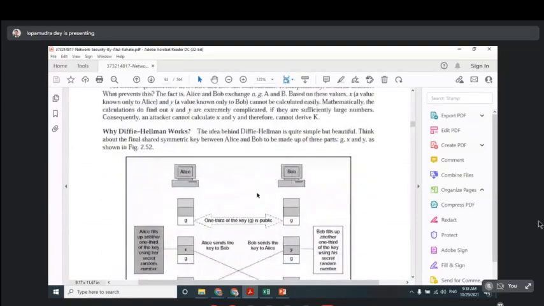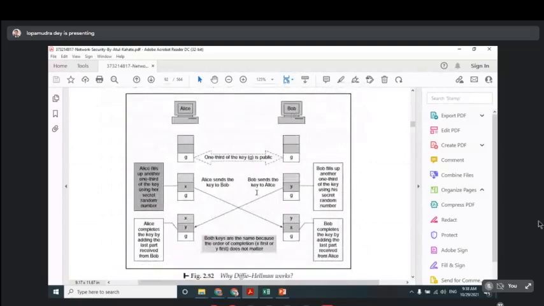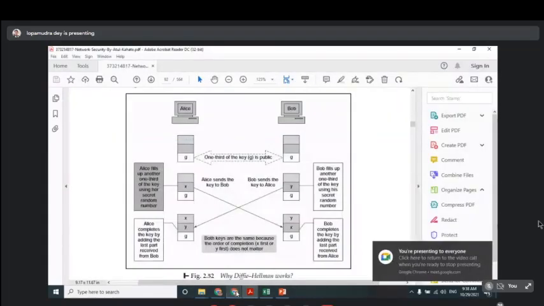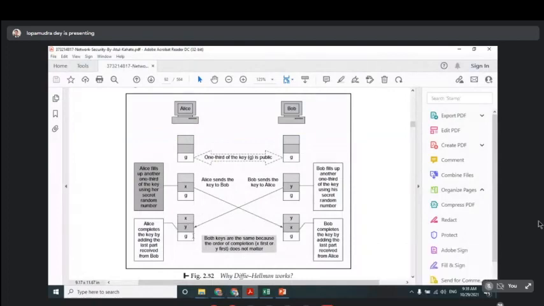Please go through it. So initially this n and g are shared, then another key x is generated by Alice, and another key y is generated by Bob, and then they calculate all these values and share them. Alice requires three pieces of information, n, g, and x, and Bob has three pieces of information, n, g, and y.